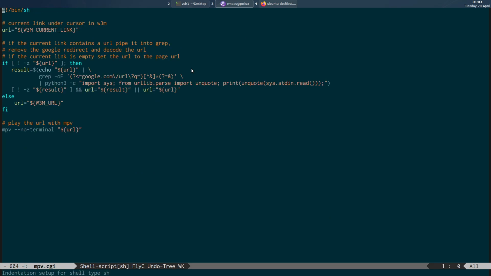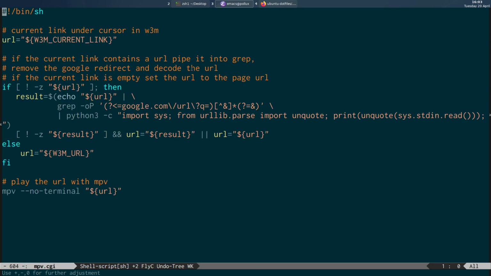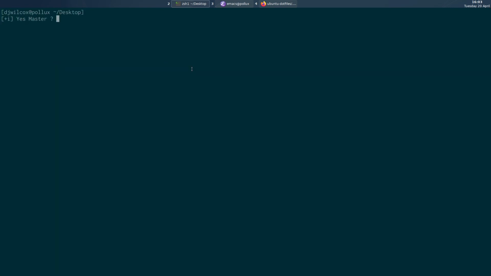First of all, let me make this a bit bigger. So this is a shell script, and what I wanted to cover is there are actually some built-in variables inside w3m called w3m current link and w3m URL. So what I'm going to do is shift across to w3m